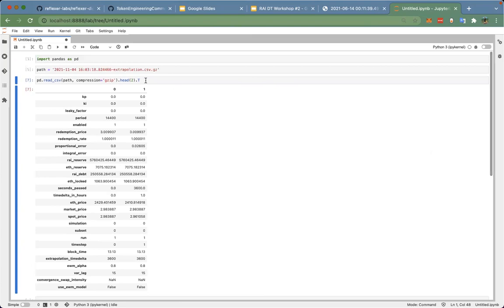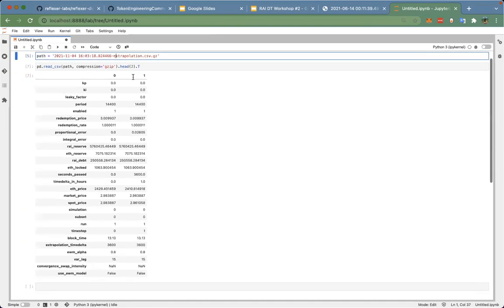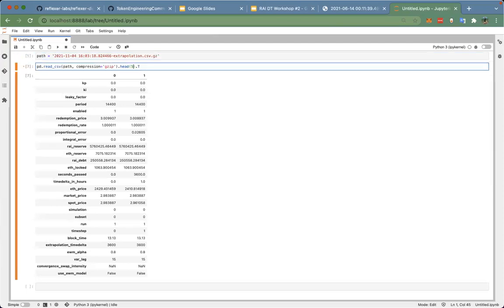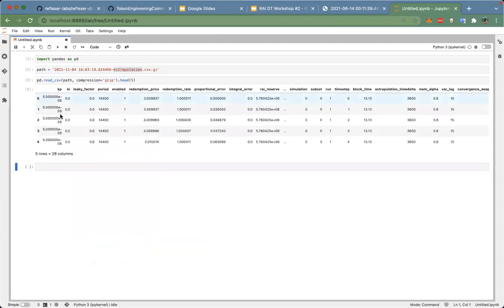But okay, I did speed hack here, and I opened, for example, the extrapolate CSV file. Essentially what we have inside this file is that each row is a cadCAD time step.